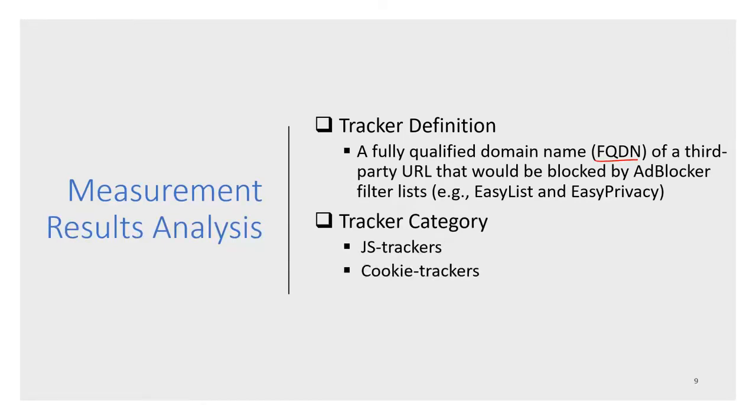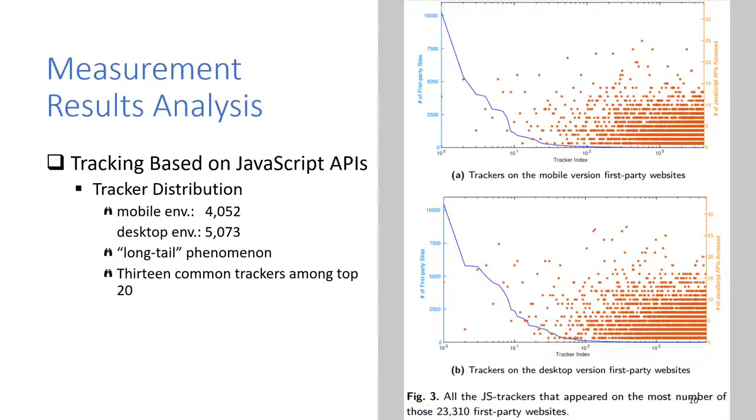And we also divided those trackers into two categories. The first category of trackers are JS trackers. Those trackers use at least one JS API for tracking. And the second category of trackers are cookie trackers. Those trackers place cookies for tracking purposes. The figures here present the distribution of all the JS trackers on the mobile environment and on the desktop environment. The x-axis is the tracker index, and the y-axis on the left is the number of first-party websites those trackers appeared on, and the y-axis on the right is the number of JavaScript APIs accessed by those trackers. So in total, we identified over 4,000 JS trackers on the mobile environment and over 5,000 JS trackers on